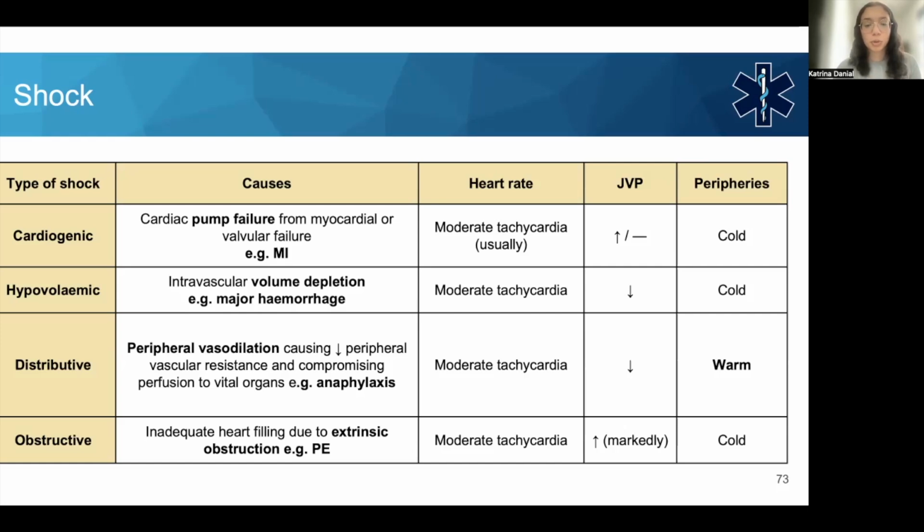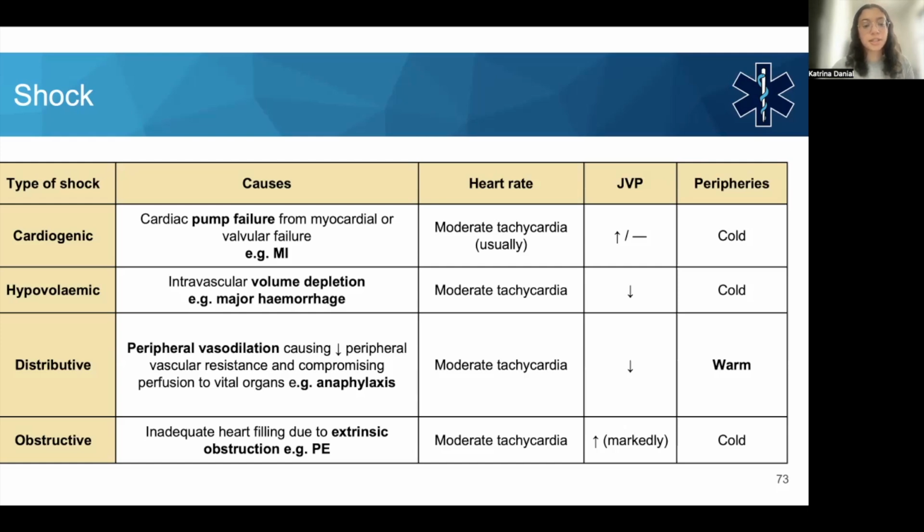All right. And we call this warm shock because the peripheries are going to be warm. Why? Because you have vasodilation, and you probably have increased blood vessel permeability as well. So you're going to have blood and inflammation, which causes warm peripheries. Then you have